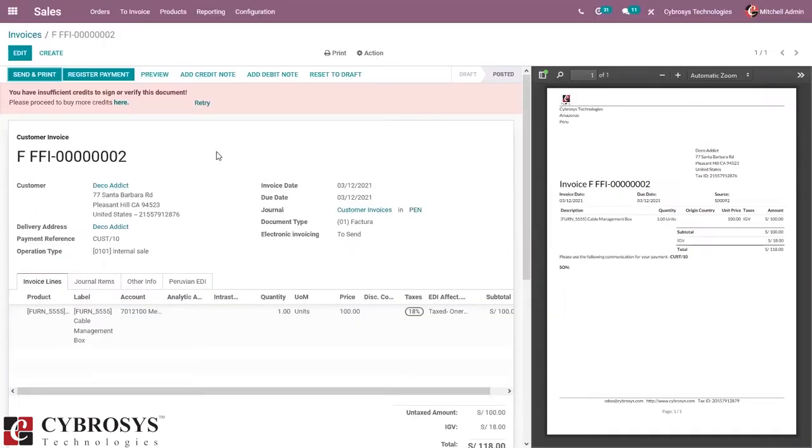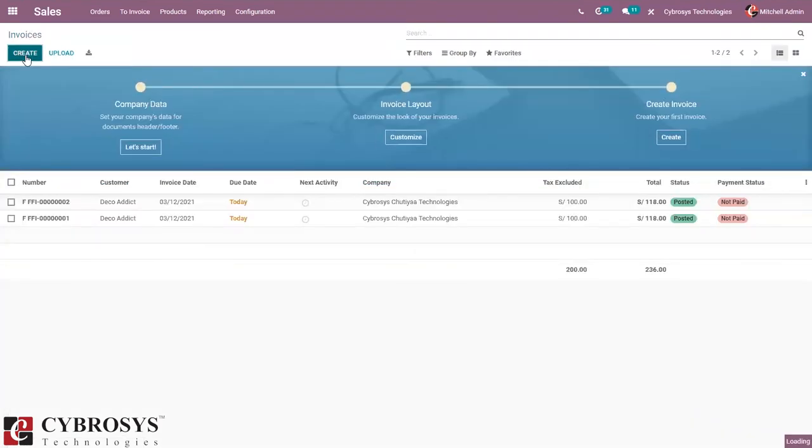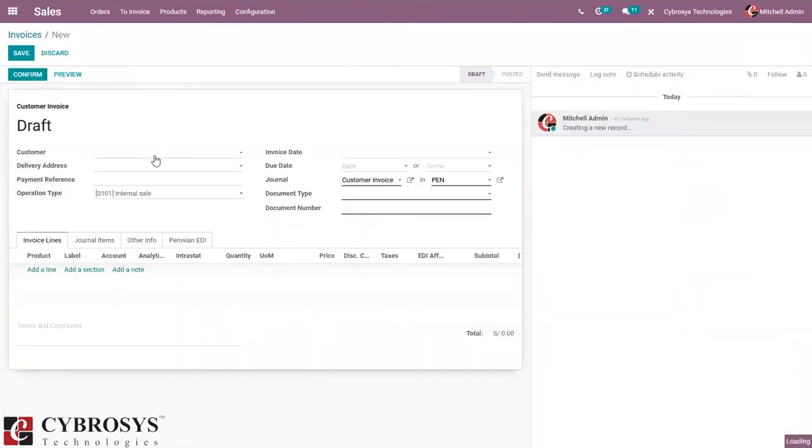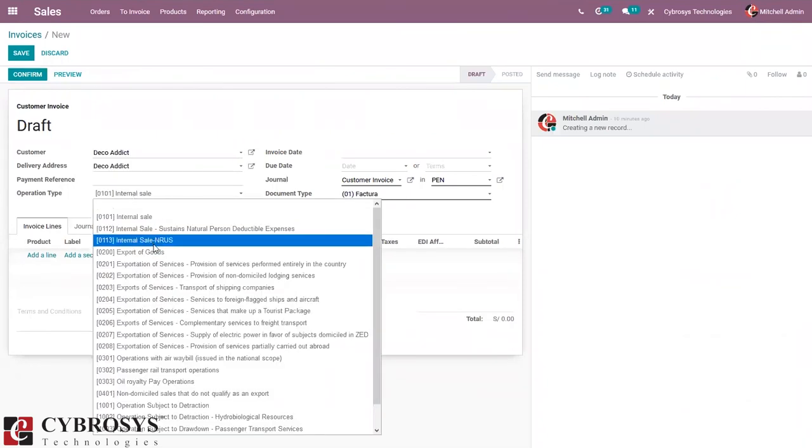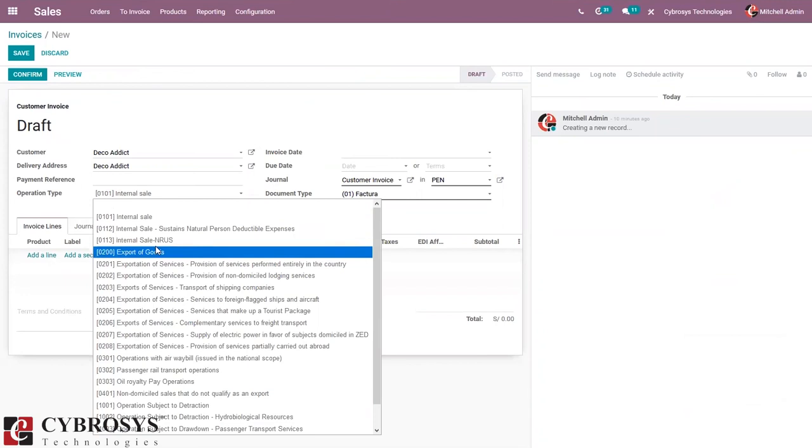Now, when you're creating an exportation service, we have to consider something like setting the operation type, export of goods.